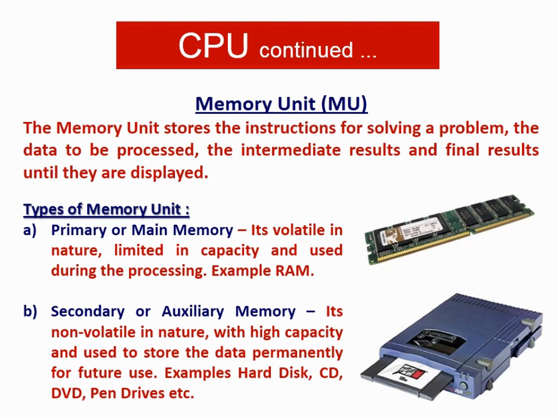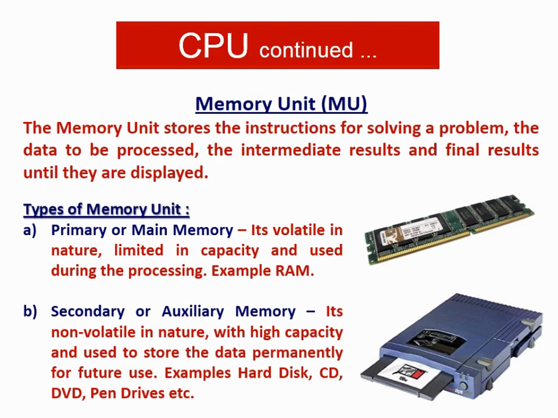Once you have done anything on the computer and saved it, you know how to save a file in MS Word or Paint or wherever. Once you save it and give a name, it transfers from primary memory to secondary memory. Now you are safe. If the current goes off and you switch on the computer again, you can bring back the file to your screen, because it has been sent to secondary memory, and secondary memory does not depend on electricity. So it is non-volatile, just the reverse of the first one.